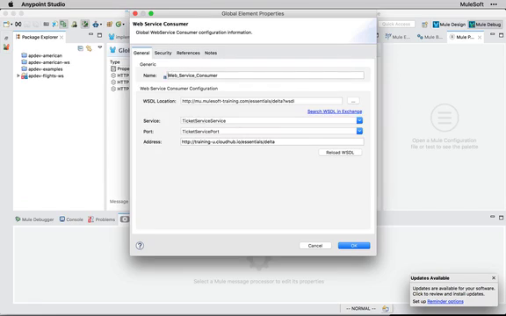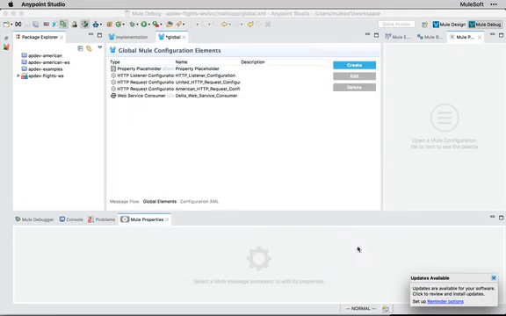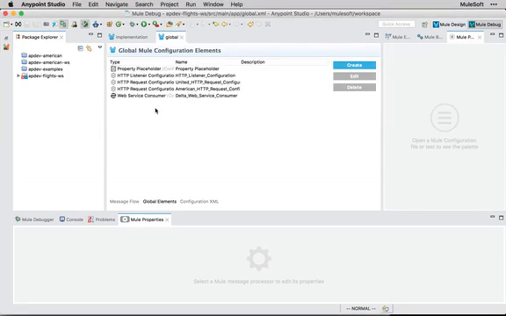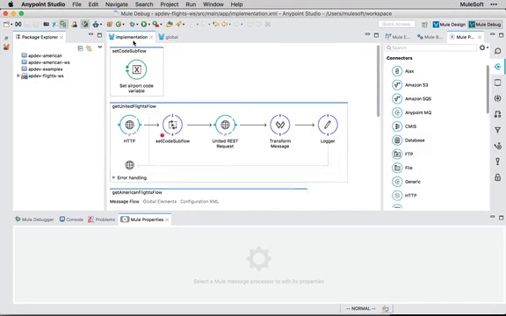But overall, you should end up with a service port and address quite similar to this. Let's also rename this to make sure it's easy to identify. We'll call it the Delta Web Service Consumer, and let's hit OK. We'll save up our global XML, and now we've got the Delta Web Service Consumer in place. We'll go to the implementation XML inside of here,